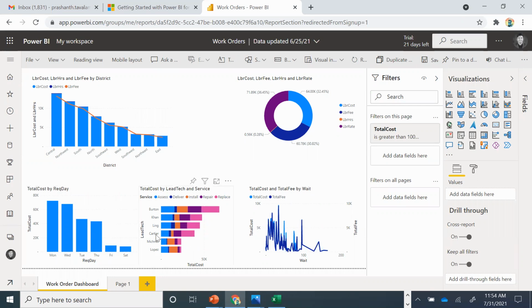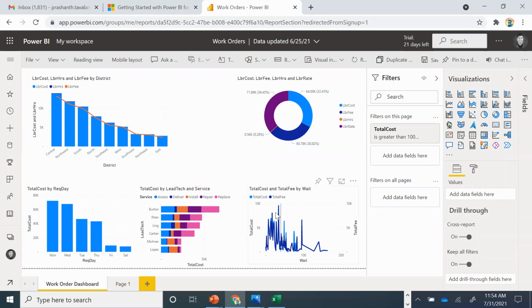Or you can look at this and say that we are spending a lot of our effort in replacement kind of work versus install or other places. So you will see the delivery part is very less. So is there scope to improve this at all? Or let's say Lopez is not having enough replacement work. Can Mishner or Lopez look at improving their replacement activities? What is happening? What are the problem areas? So this becomes the call to action. Then you will decide what strategies to work with.